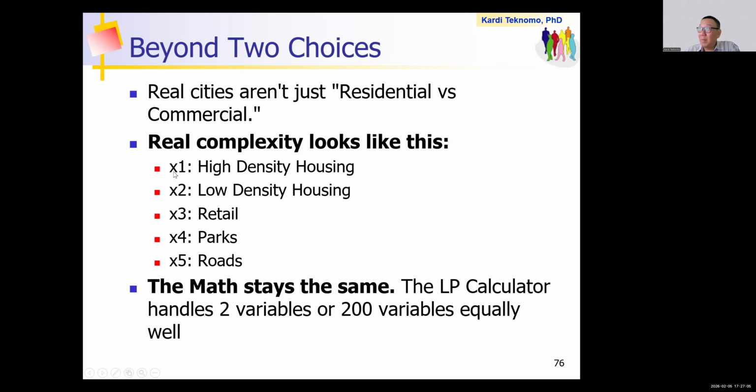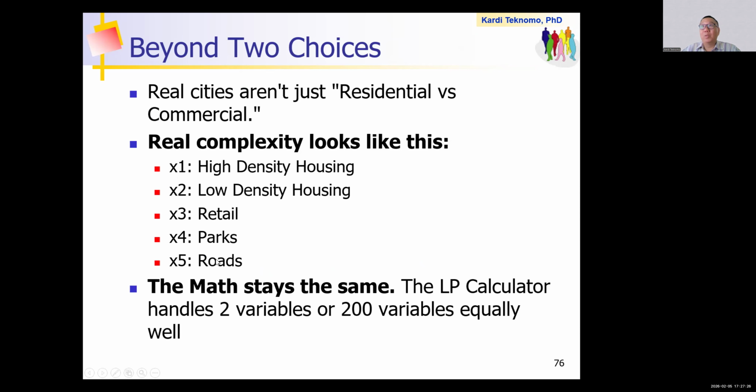So in that case, you will have many variables, correct? In real life, you have thousands of choices. You can also have an industrial part in here, all at once, isn't it?